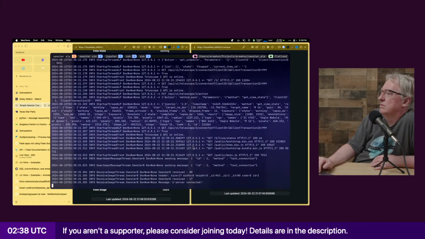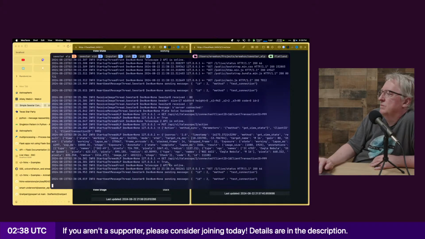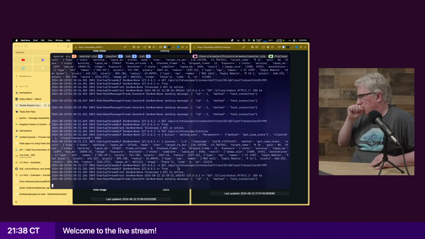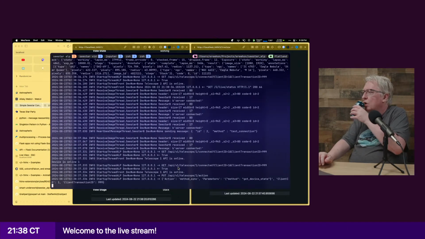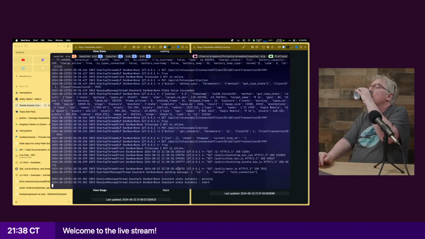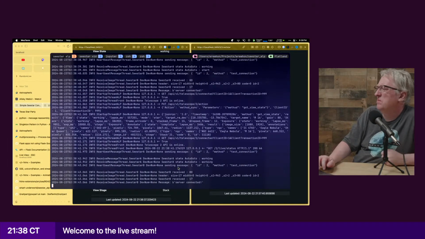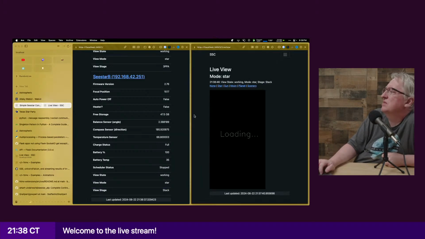I don't see a frame. It's really hard to follow. Is it even loading the image? Let me go look over here. No, it's not actually even loading it. Let me try that again.